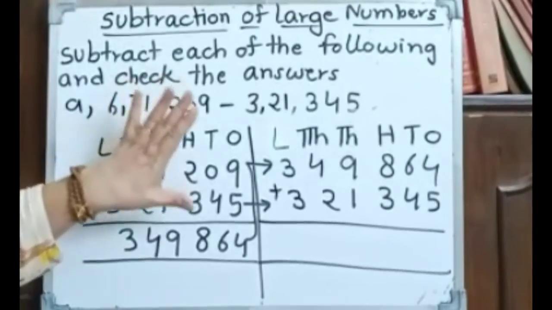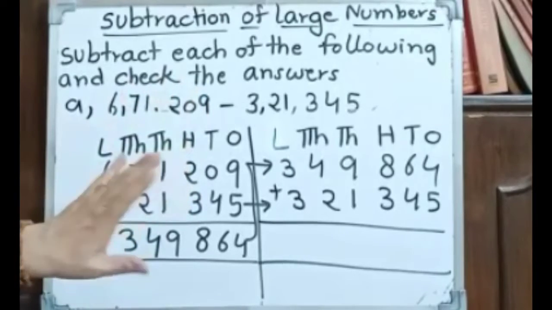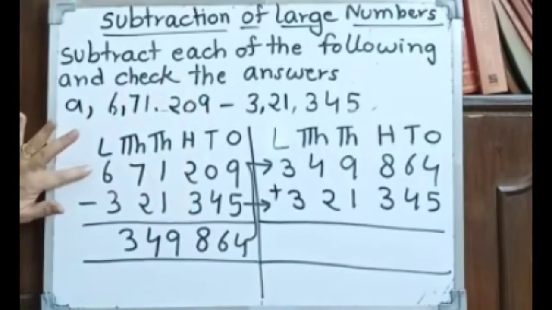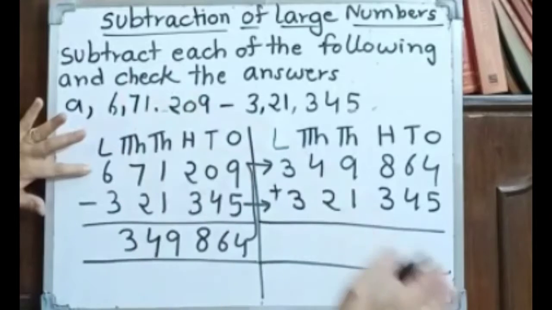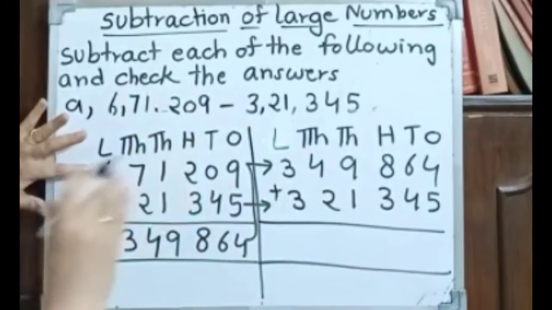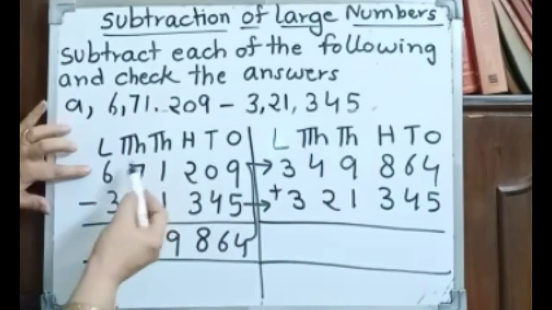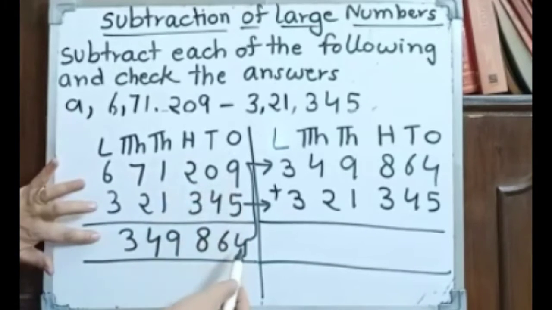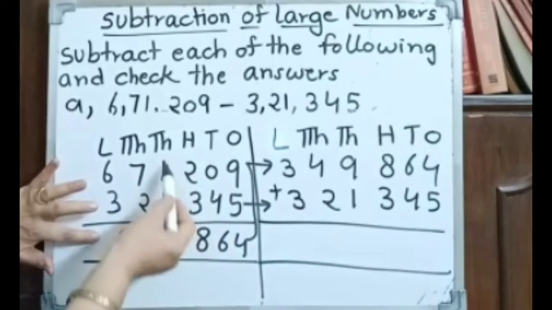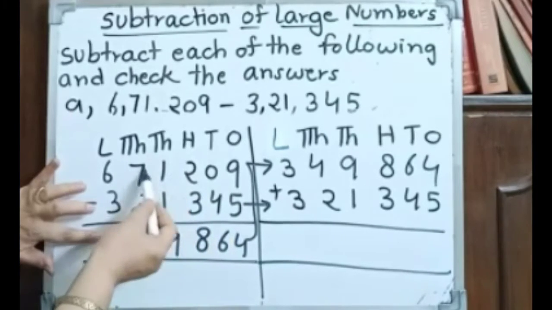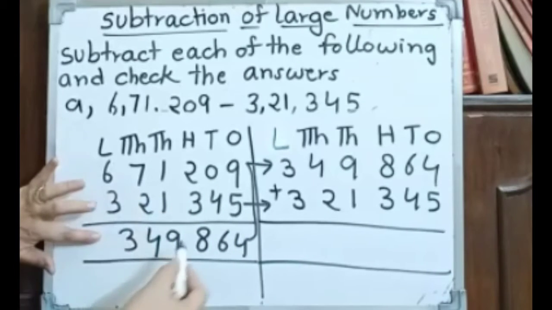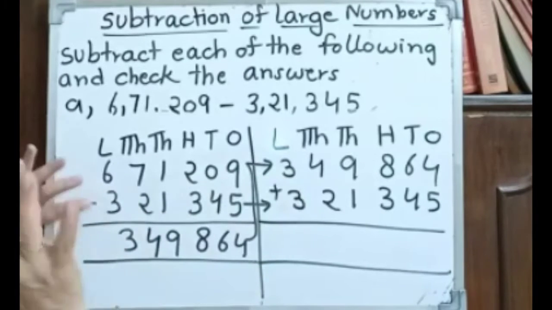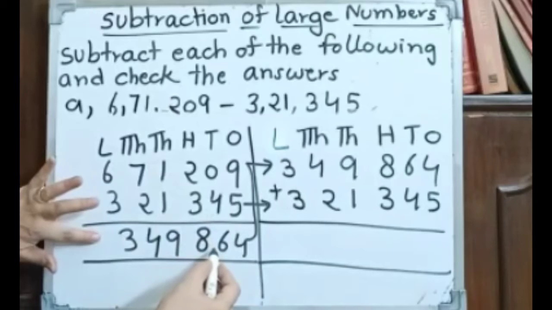My purpose was to do that sum wrong, to let you know that in a hurry, when we do the subtraction, even a simple number can go wrong. Now look at here. Now this is the answer. We have subtracted here. 9 minus 5, 4. 10 minus 4, 6. 11 minus 3, 8. Then 10 minus 1, 9. 6 minus 2, 4, and 3. Now take this number to the upper side. Always remember in your mind, whatever the answer is coming, we have to take it to the upper side.